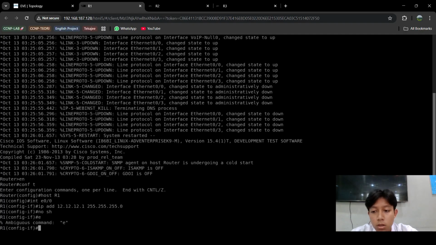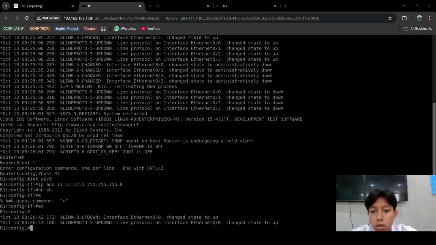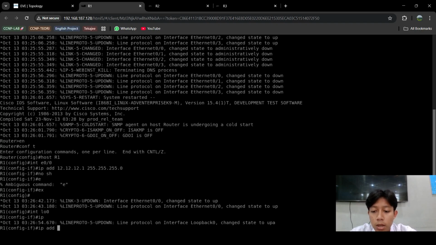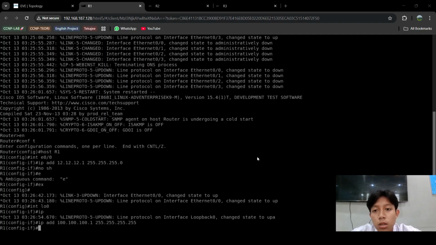And you can add the loopback IP, which is the local network that will run in RIPv2. Add interface loopback 0, and you can type ip address 100.100.100.1, and the subnet mask prefix is /32, or 255.255.255.255. So after that, you can move to router 2.